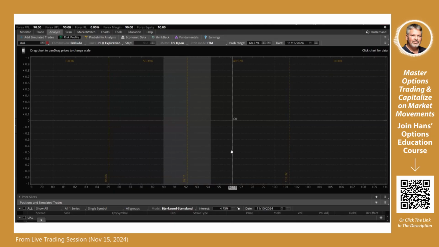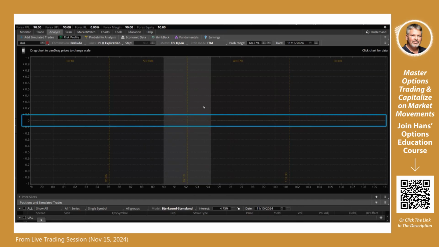This is a typical risk graph on Thinkorswim. Just to orient you if you're not used to it, here's the 0 line. And what we're talking about today is how to trade a parabolic market using options. There's a couple of ways to do it, but the main idea that we want to focus on is how to approach something so that your risk graph has this sort of V shape to it, opposite of what